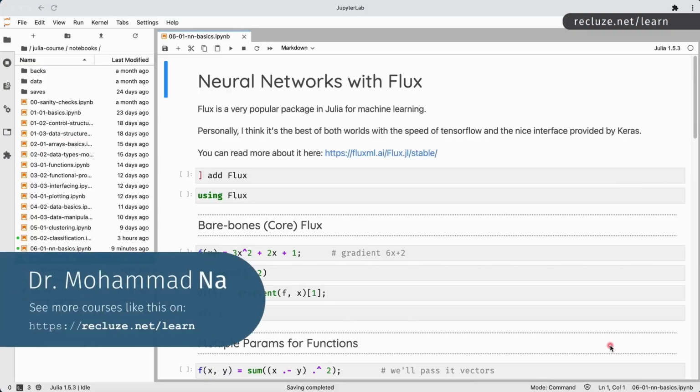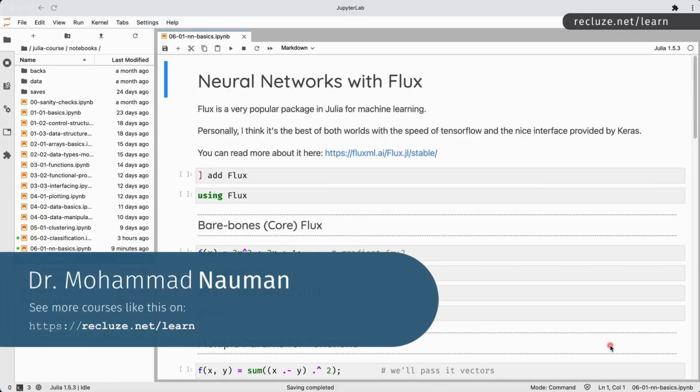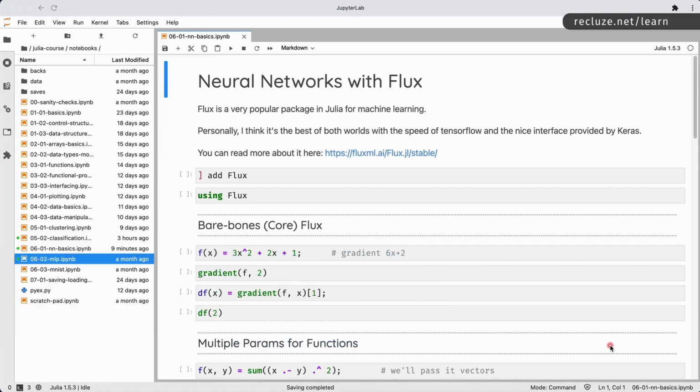In this section of the course, we are going to use Julia to build neural networks from scratch using the machine learning library in Julia, which is called Flux. Now, this is not a course on machine learning, so I'm assuming that you're already a little bit familiar with neural networks and you've worked with other libraries which work with neural networks. If you haven't worked with neural networks before, there are tons of tutorials on the internet. You can look them up and get familiar with them before you start with Julia, because Julia is kind of like advanced machine learning. Okay, it starts from zero, but it comes up to state of the art really quickly.